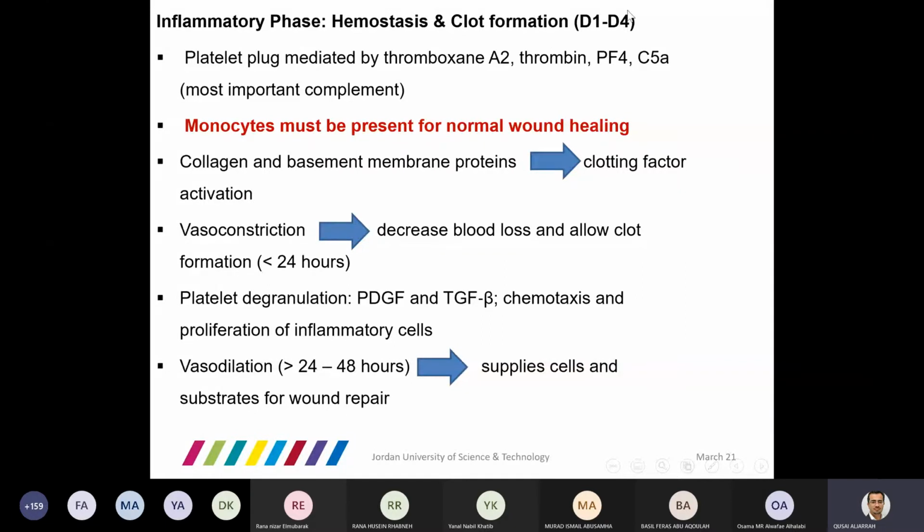They overlap. They are not mutually exclusive. In one wound you will find some parts of the wound in the inflammatory phase while others are in the proliferative phase. So in different parts of the wounds you will find different phases. واضحة شو اللي بحكيه؟